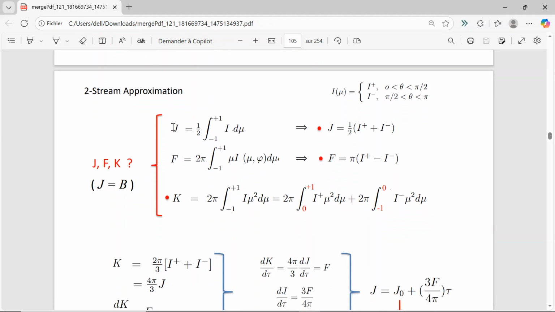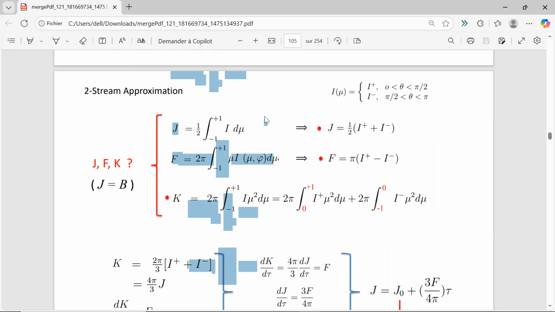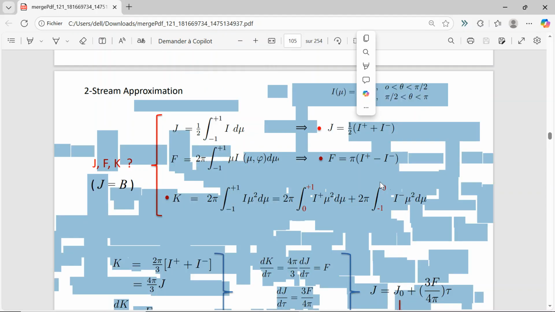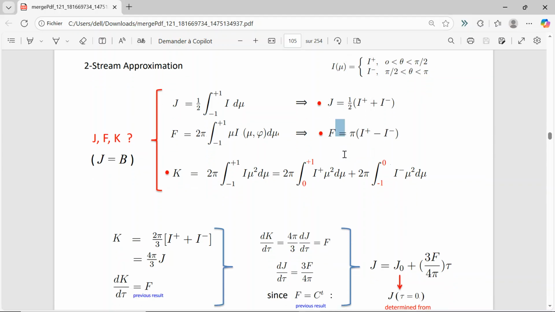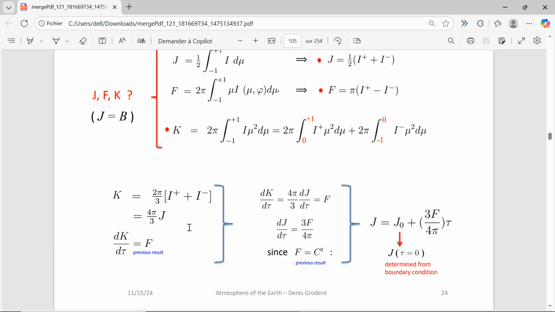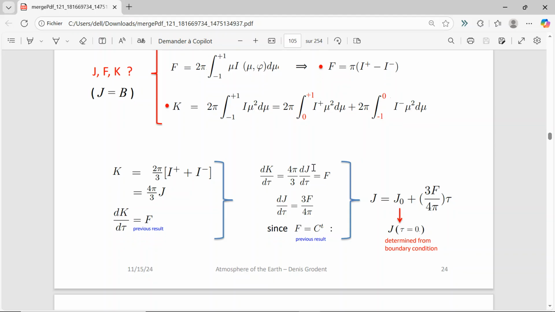This very much simplifies the radiation, the flux, and the radiative pressure. For the flux and the radiation, it is very simple. For this integral K, we can solve it without any problem, and it leads us finally